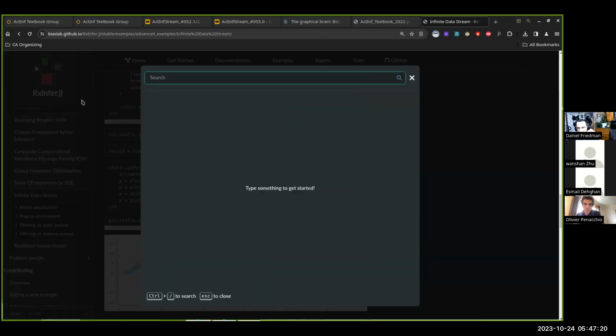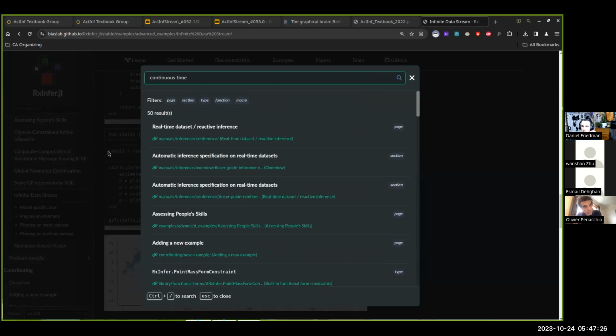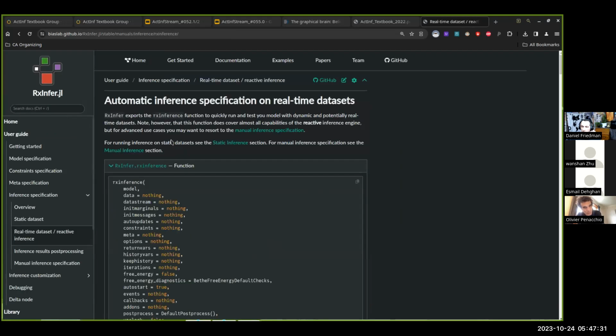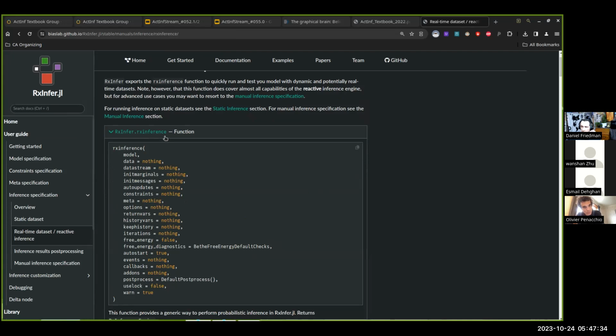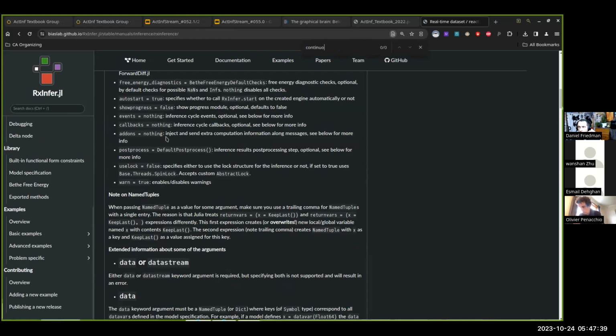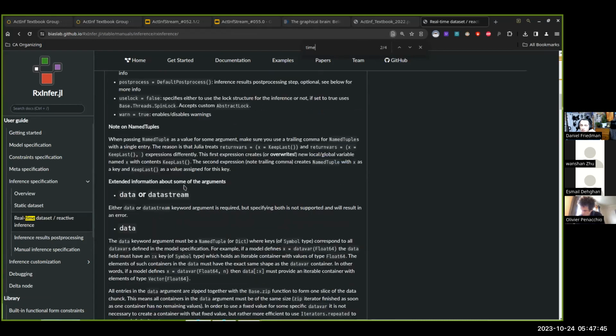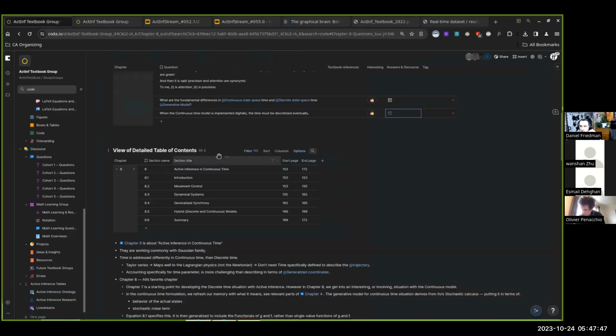Let's see if there's continuous time specifically. I've tried out SPM, the discrete case. It's quite nice using the SPM package, but I haven't tried any other packages. I think this could be a good question for Bert DeVries, and we're having a live stream in the coming weeks with the authors of this package, so we can ask these kinds of questions.